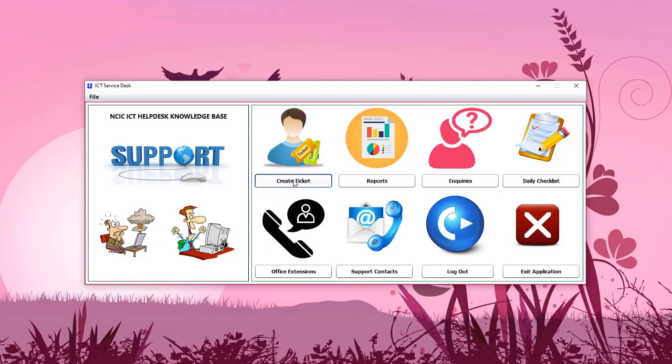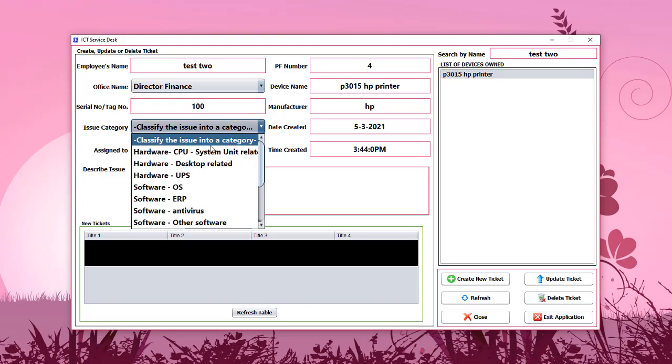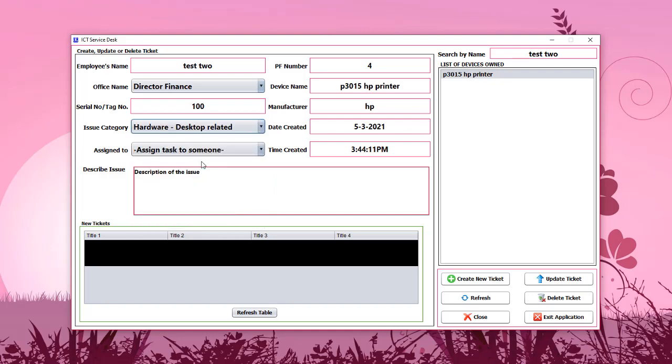So let's create a ticket very fast. So we can search devices owned by name. So the name of the director of finance is test 2. Remember that. So you can see test 2 has a printer so far. So if there are other devices, they'll be listed here. If the printer has a problem, you click there and categorize the issue. The user might not be able to categorize the issue well. So maybe you can say desktop related